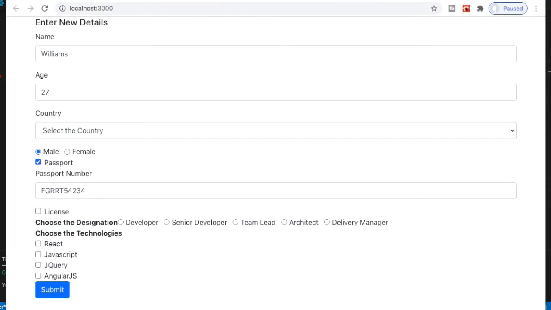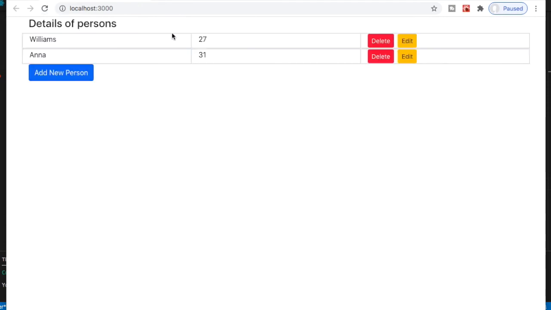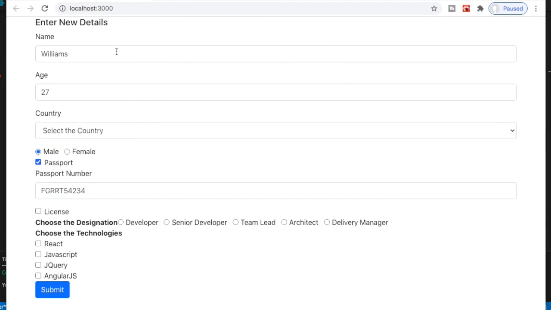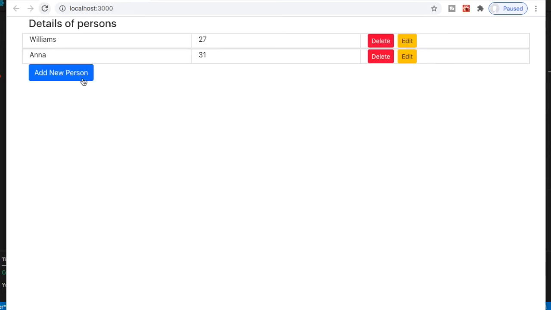Let's go ahead and test it. So now we have the edit. Now when I click on edit, I get all the values filled up. Are they showing filled up correctly? Let's go ahead and check it.